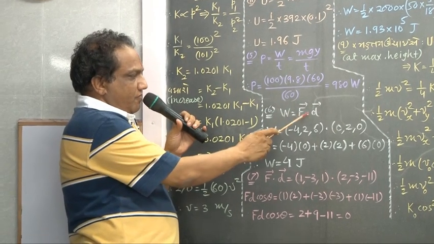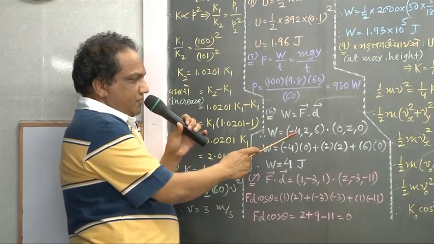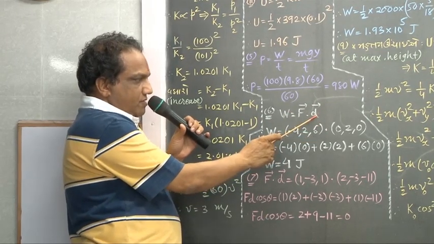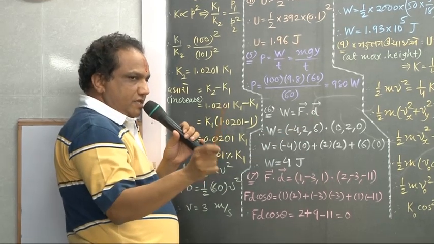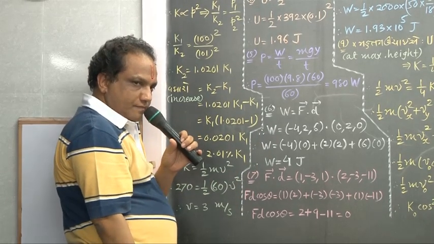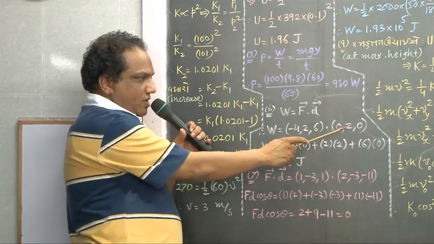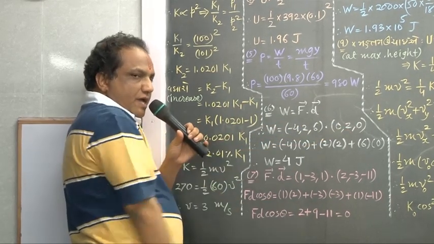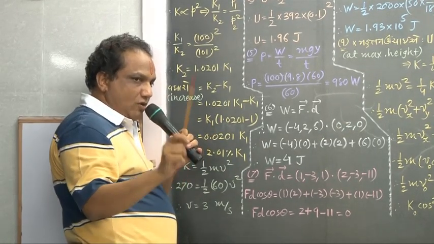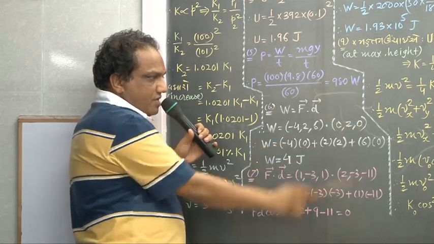Work done is the dot product between force and displacement. What is the force vector? They have given minus 4, 2, 6. Dot this displacement. They have said that the displacement is undergone by the body along the y-axis. Because displacement is along the y-axis, it has only a y component. There is no component of that displacement along the x and z-axis. So along the x-axis and z-axis, the components are zero.